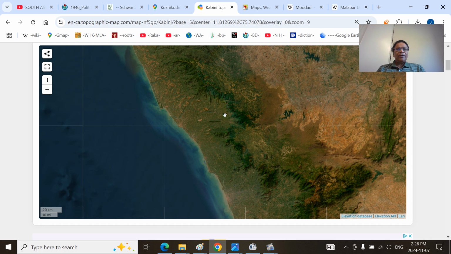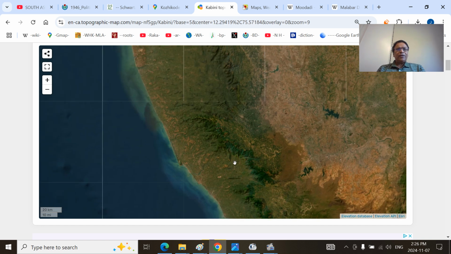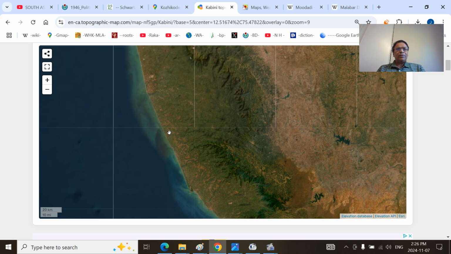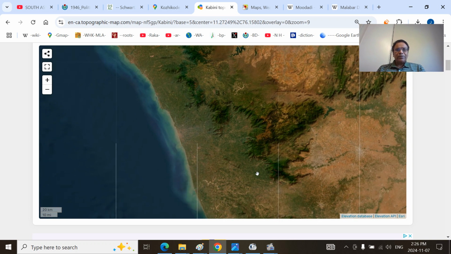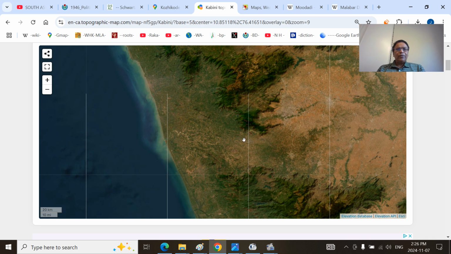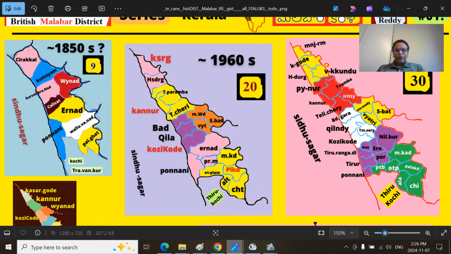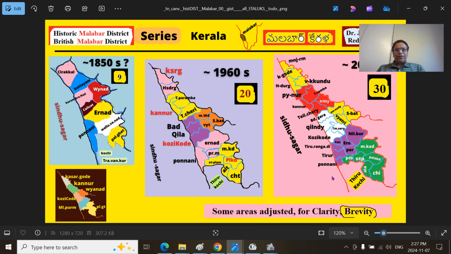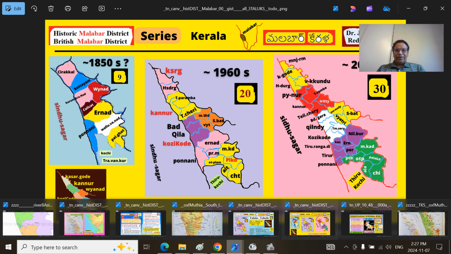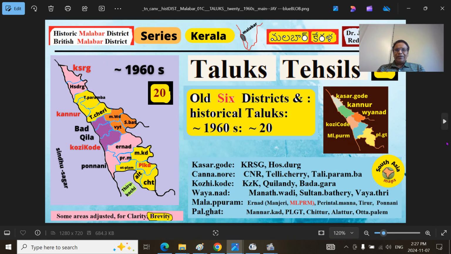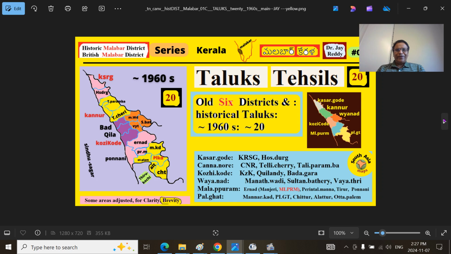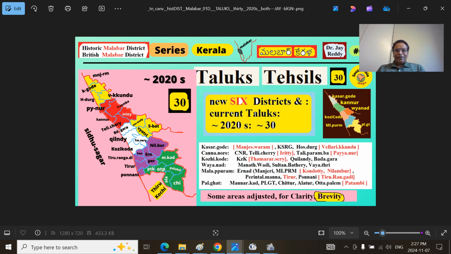Here, if you remember, this is the Netravati basin. Netravati basin is the Mangalore. This is the Kasargode Taluk, the Palghat region, the Ernad, Valluvanadu and Nedunganadu, Ponnani, Tanur and Tirur regions. So I will again show you the maps together so that you will have clarity. The next presentation we will look at how 30 taluks were formed from these 20 taluks for further reorganization. That is the next presentation, friends.